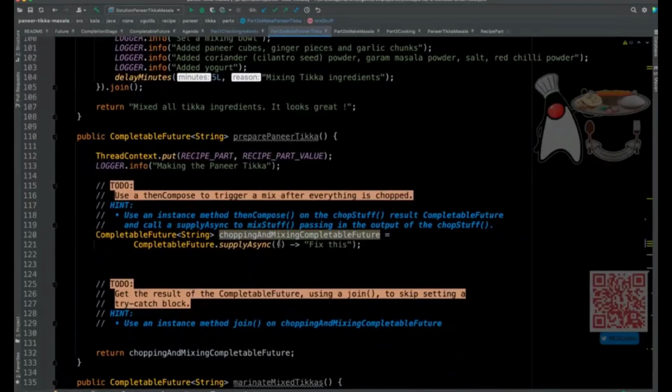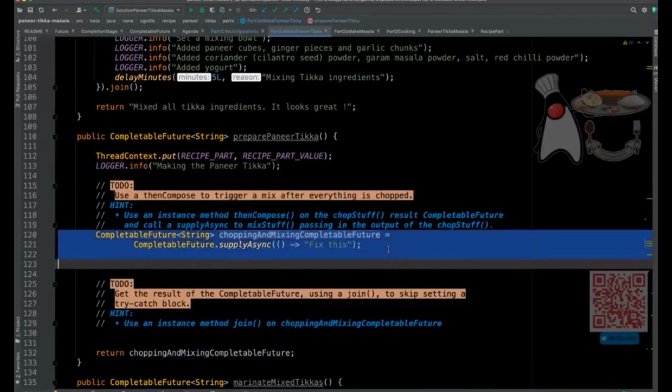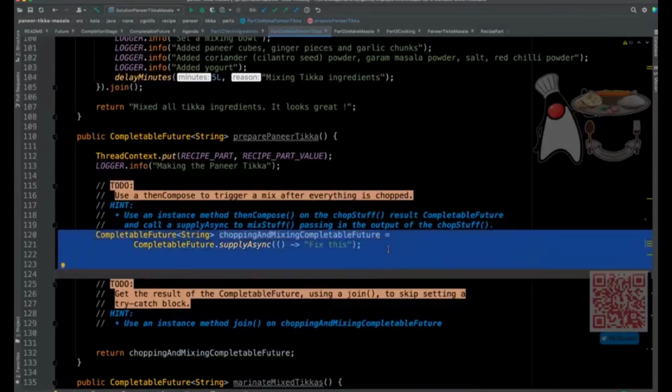So we have a supplyAsync method that needs to be called. So let's take a quick look at how we can change this code to supply an async. I'm going to call a